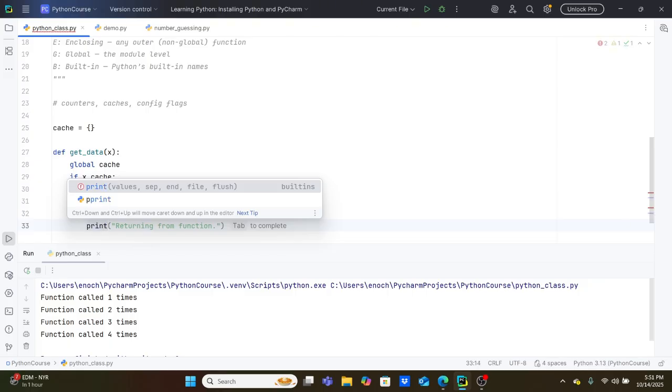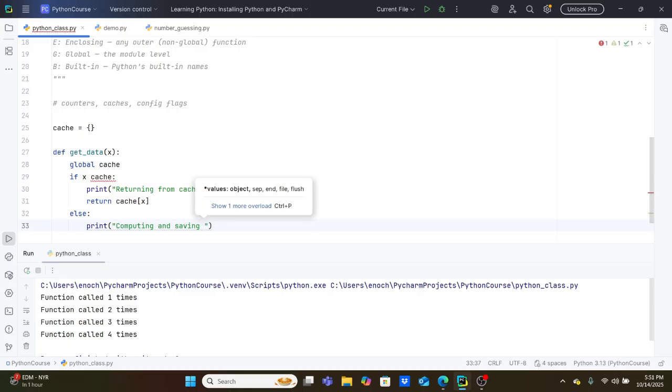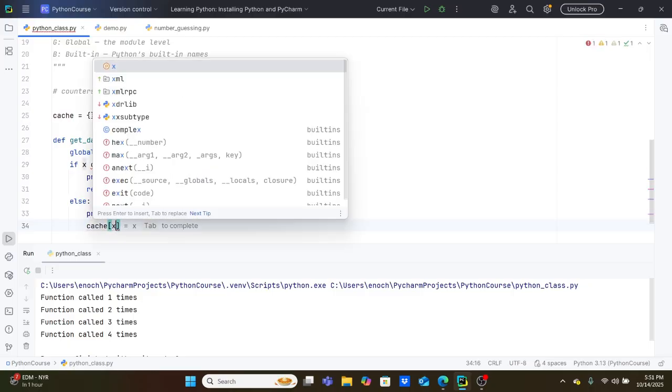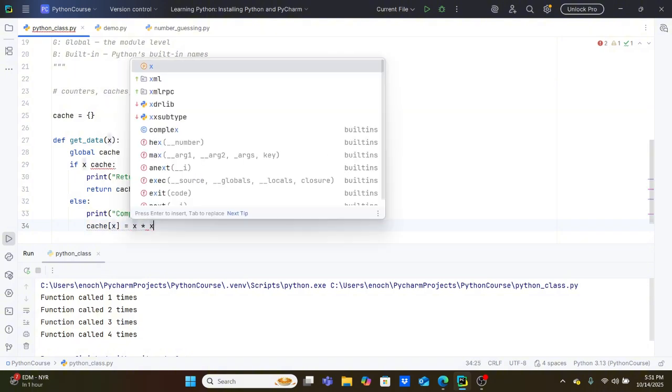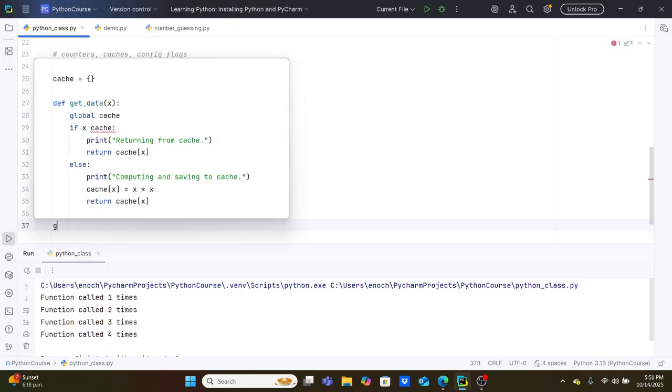Print computing and saving to cache, like this, and we can go ahead and say cache of x then is equal to x multiplied by x, and we can just return cache of x like this, and we can go ahead and call this function